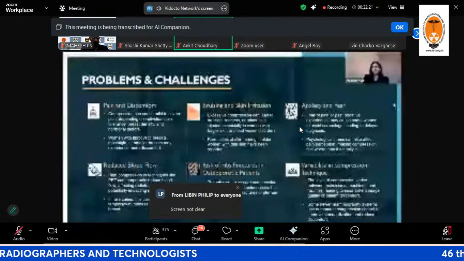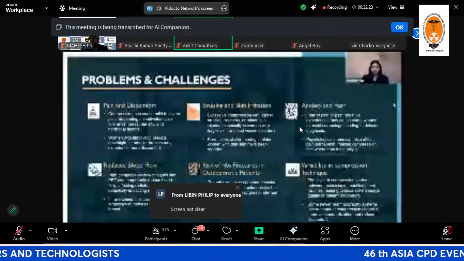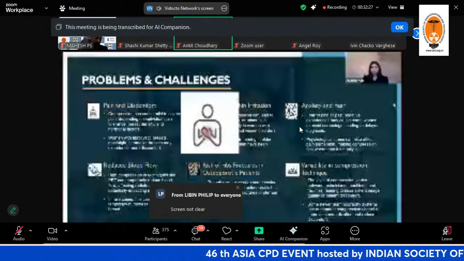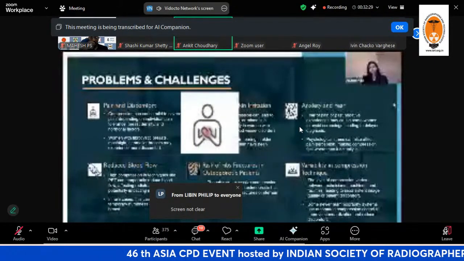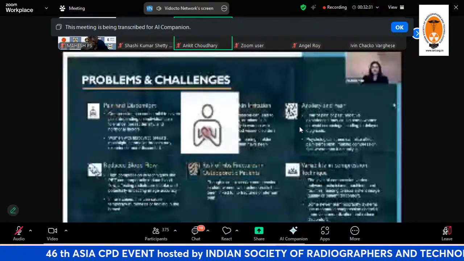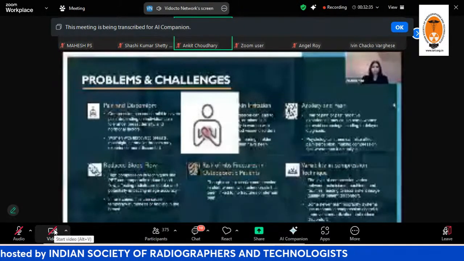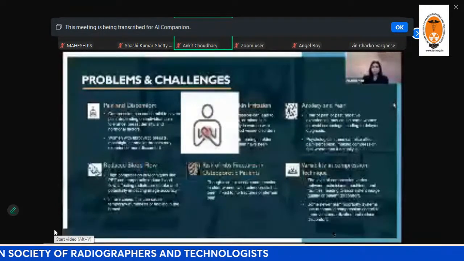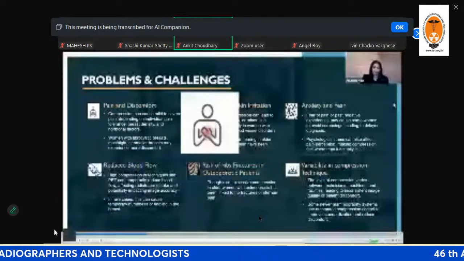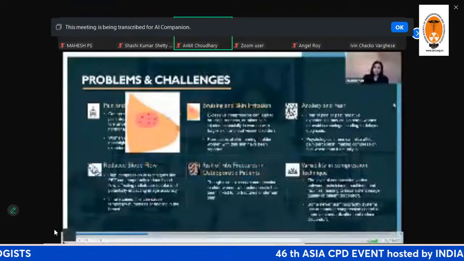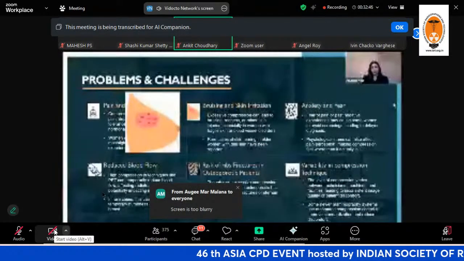So, what are the challenges and problems that we have seen so far? First is pain and discomfort, which is very high because of the compression, from mild to severe. Everybody has a different pain threshold, right? Everybody experiences pain, but some people might experience a high category of pain. Secondly, it can cause bruising of the skin and skin irritation if the compression